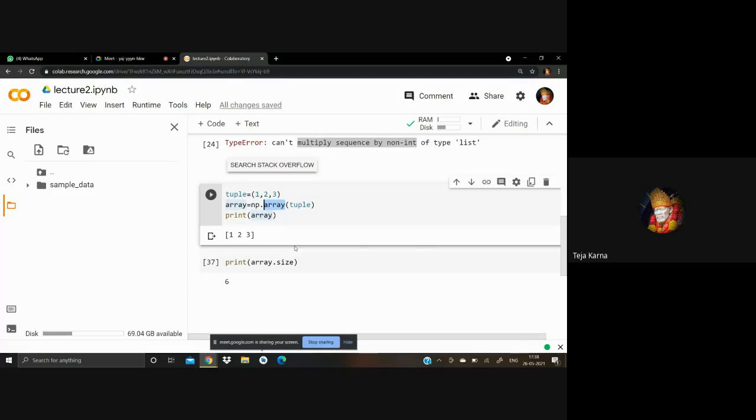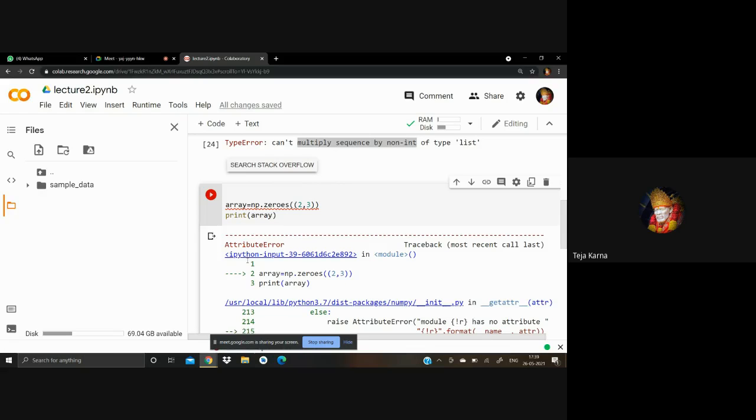Okay, sir. Then after that, there is np zeros. Like if you are going to pass the zeros function, in that zeros you have to pass how many rows and how many columns you want. Like if you want two arrays which have three elements, it is going to generate two arrays with three elements, with all elements as 0.